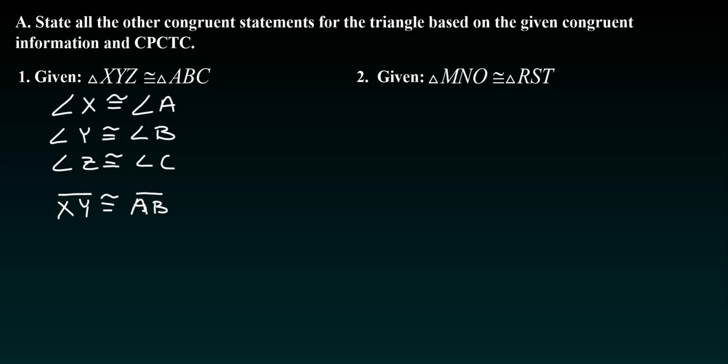So then side YZ is congruent to side BC, and side XZ is congruent to side